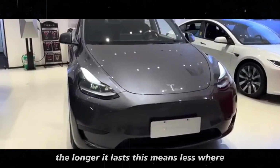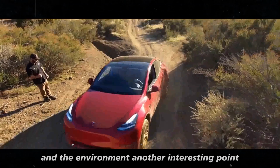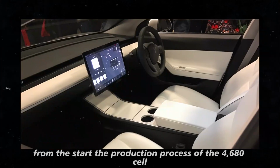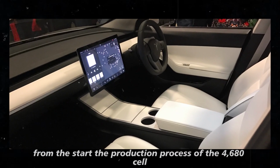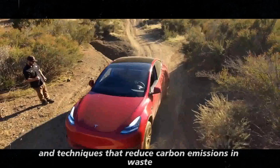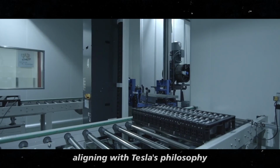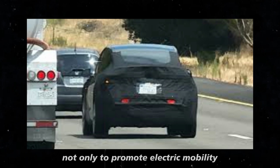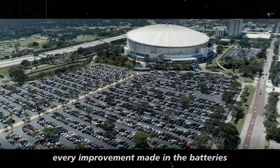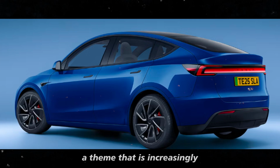This means less wear and more time before you need to think about a replacement, which is great for both the consumer and the environment. Another interesting point is that these batteries were designed to be more sustainable from the start. The production process of the 4680 cell uses materials and techniques that reduce carbon emissions and waste. So, in addition to being a powerful battery, it's also environmentally friendly, aligning with Tesla's philosophy not only to promote electric mobility, but also to take care of the planet. Every improvement made in the batteries and aerodynamic efficiency reflects a commitment to sustainability, a theme that is increasingly present